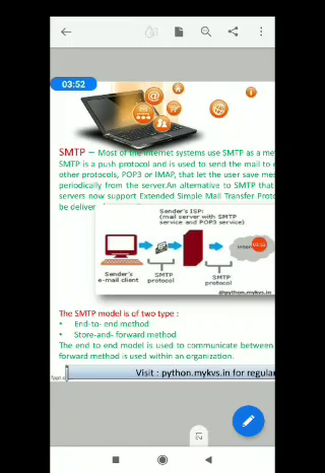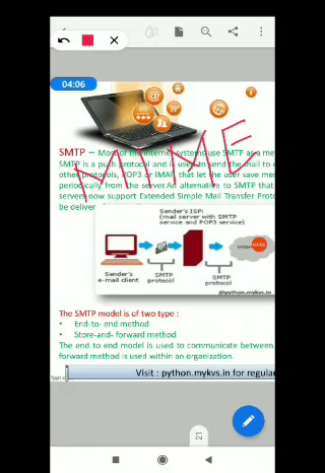There are several other protocols also. Please note down the name MIME. Write down the full form, Multi-Purpose Internet Mail Extension. It is a supplementary protocol that allows non-ASCII data to be sent through SMTP. It is not basically a mail protocol and it cannot replace SMTP. It is only an extension of SMTP.